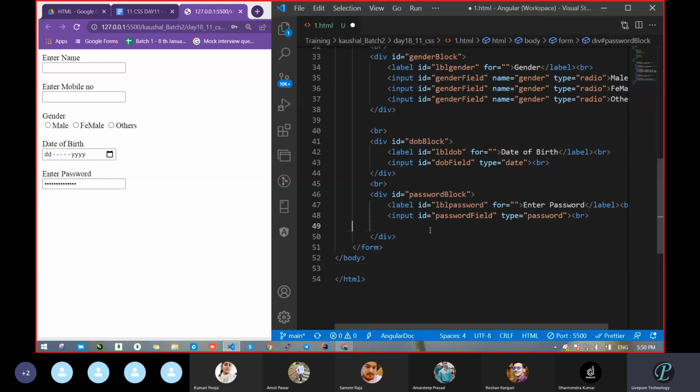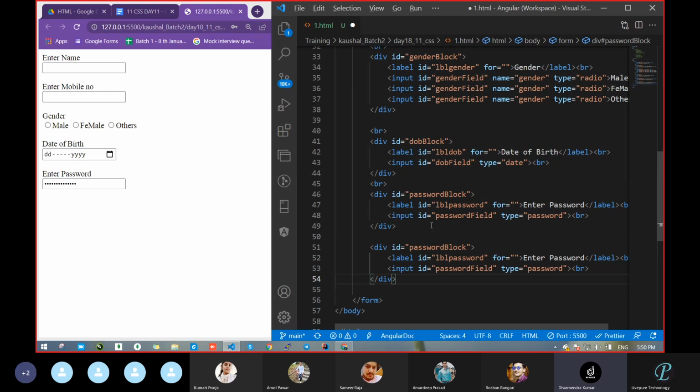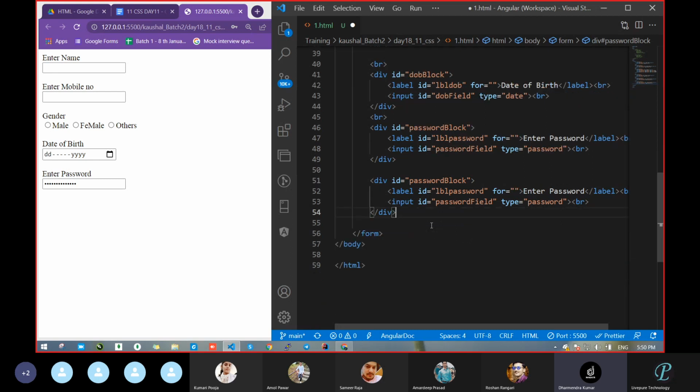Anyone having any issue up to this field, tell me. Sir, in another form we can see one eye, and when clicked it becomes visible. That is not part of HTML. That is part of JavaScript. Okay, sir.